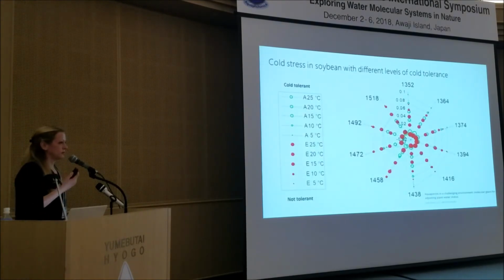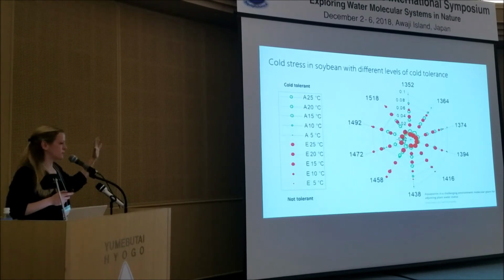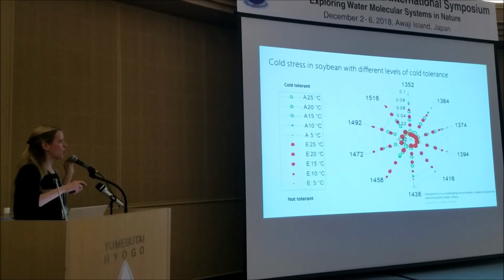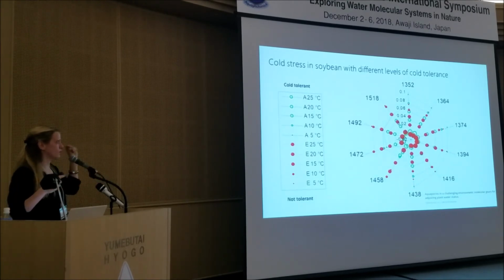And one more thing showing that the water structure is governed or regulated by genetic information: we examined cold stress in soybean plants, which were genetically modified to have different levels of cold stress tolerance. We examined 5 types of soybean plants, ranging in tolerance to cold stress. What we noticed, and this is only an example comparing the plants with the highest tolerance and the lowest tolerance, is that the plants with high tolerance to cold